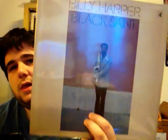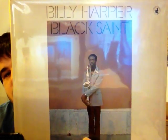But anyways, this is Billy Harper, and this is called Black Saint. Billy Harper is a tenor sax player from, I believe, Houston. I know Texas, but maybe Houston. I think John Coltrane was a big influence on him, and his technical prowess, vocabulary, and lyricism on the saxophone are utterly phenomenal. This record is a tour de force of sax playing. He just rips this record to shreds, and this is on the Italian label Black Saint. This is actually the first release on Black Saint,